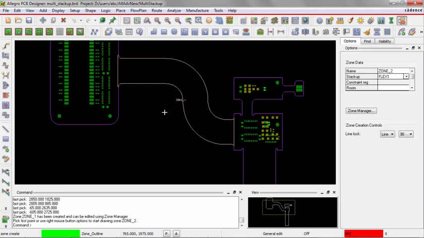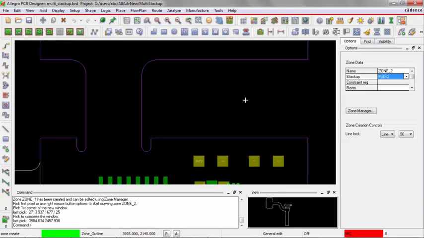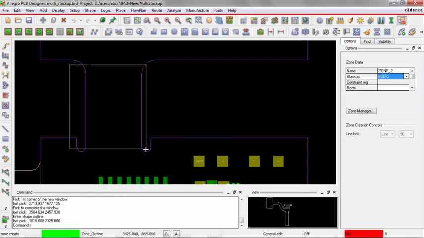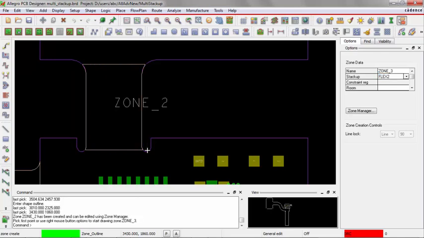Right, let's add another one, zone 2. So we're going to assign this zone 2 to the cross-section Flex 2. And I want it to be in this little area right in here. So let me zoom in there. And again, since the system will snap to the outline, I don't necessarily have to draw it in exactly. So I'm going to do a right mouse button, add rectangle, and basically draw it in something like this. Go from there to there. And again, you notice it snapped to the board outline or the design outline,